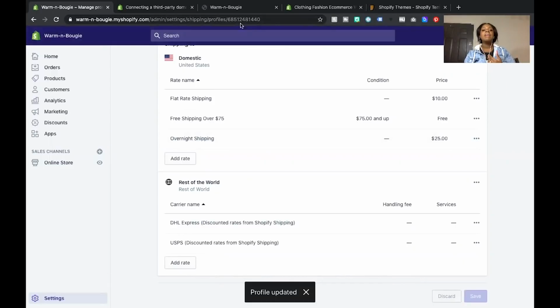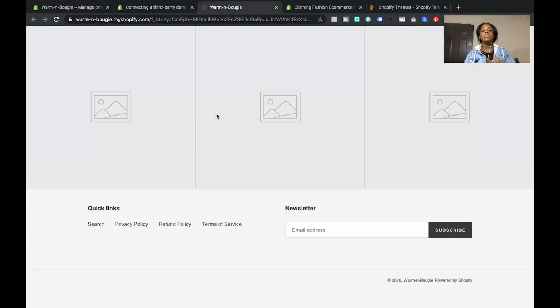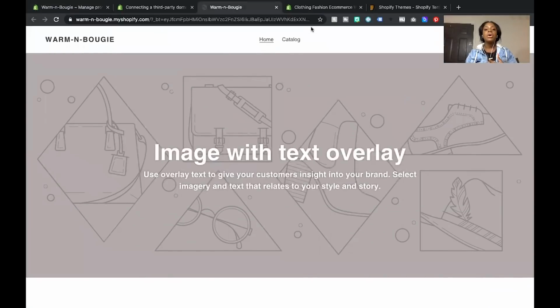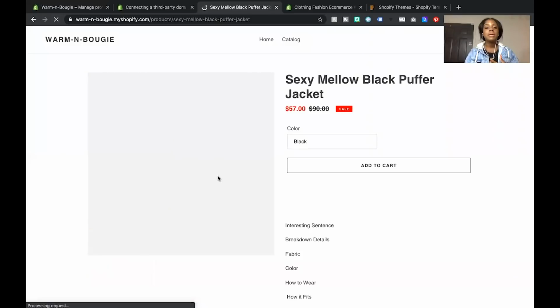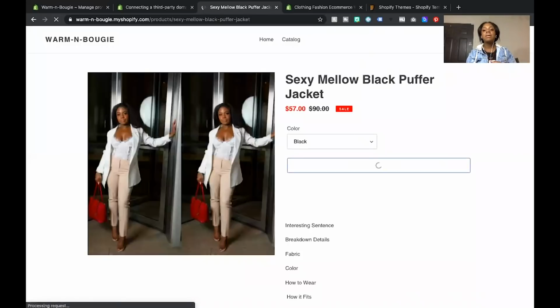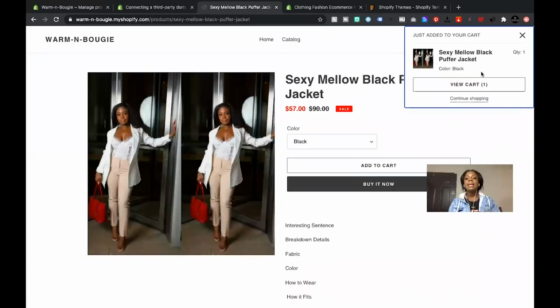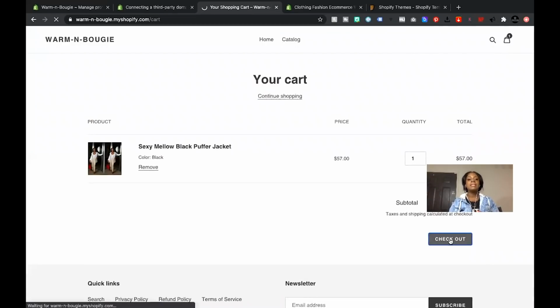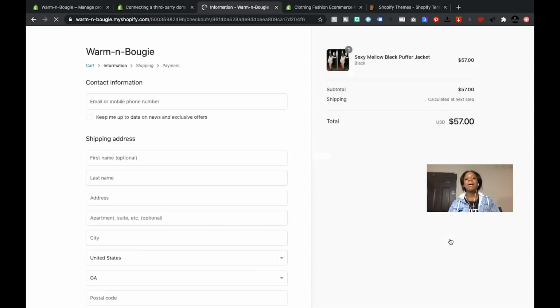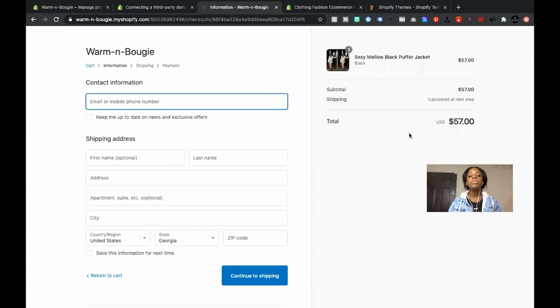And then if you go back to your website, let me go to my catalog. You now can go here and hit add to cart, and then hit view cart. And you can walk through the checkout process. I haven't set up everything completely, so I don't know how far it's going to let me go. But you can walk through the checkout process, and then it's going to calculate shipping at the next step. So let's say I'm going to put in,